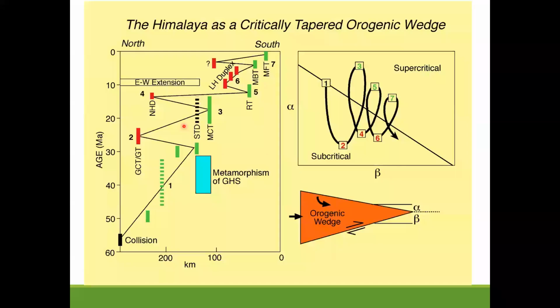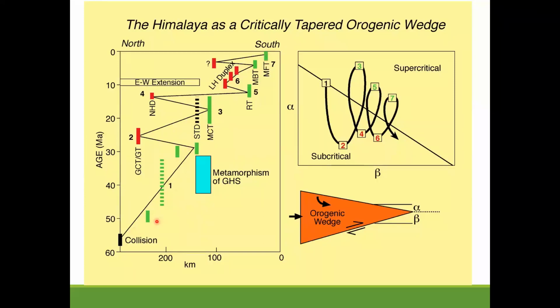Now in central Nepal, of course, this work has been carried out, and again, 10 million years is basically where the Ramgarh thrust was essentially in place. And then after that, you have the lesser Himalayan duplex, and you basically had several of these thrusts. So if you look at this diagram, the green are the main thrusts in the Himalaya. Okay, so the oldest was in the Tibetan Himalaya. Then you got the STD, which is here. Then you got the main central thrust, Ramgarh thrust, main boundary thrust, and main frontal thrust.